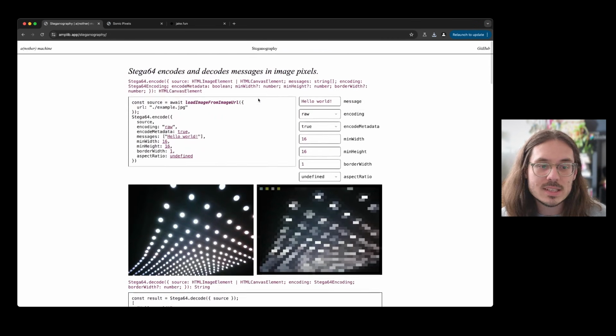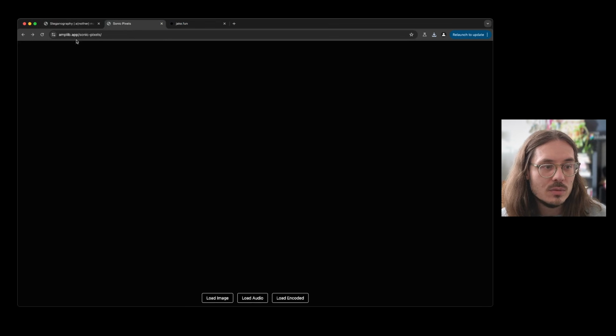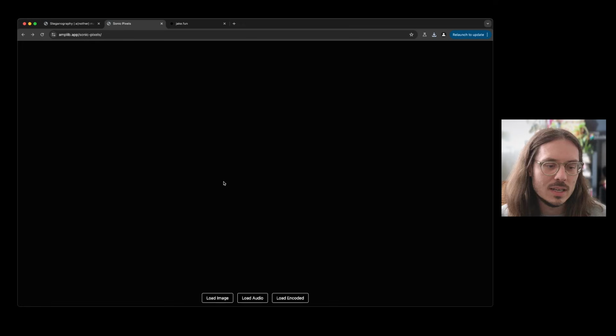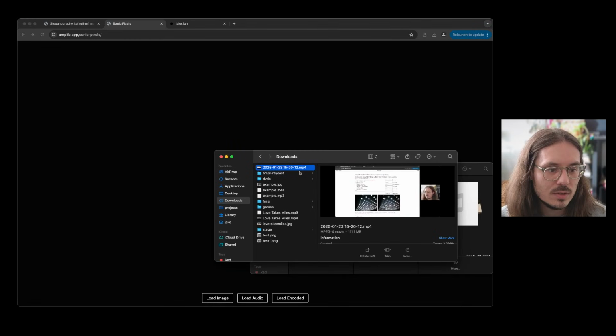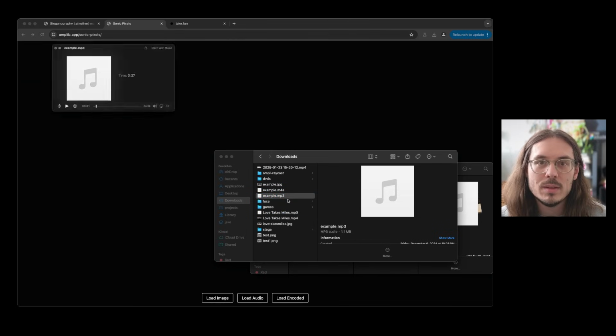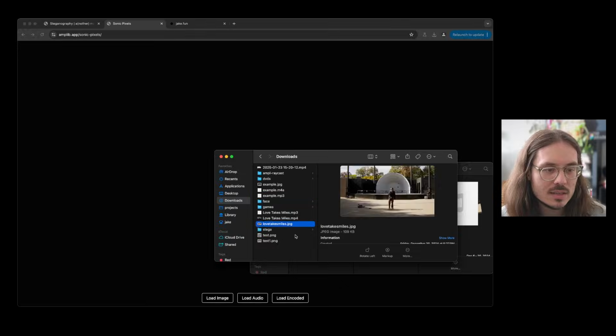Now, this is the documentation site. I'm going to take us over to Sonic Pixels, which is my demo environment that I'm using to demonstrate this for folks. This is available on the public internet if you're interested in trying it out yourself. And what I'm going to do is take this example MP3 right here, which is the MP3 we were encoding, and I'm going to take a screenshot